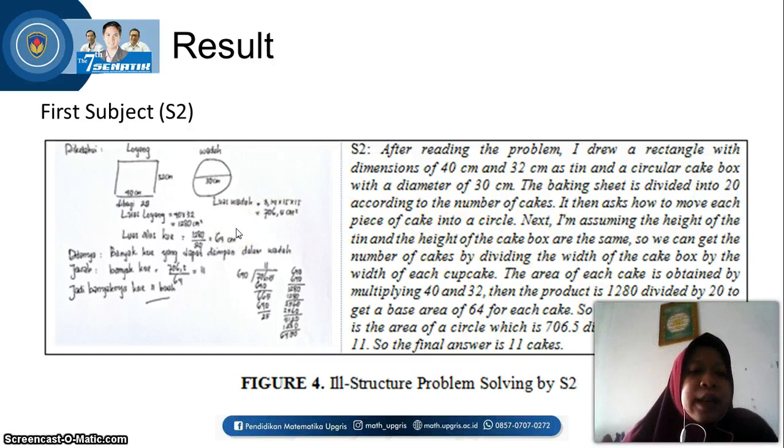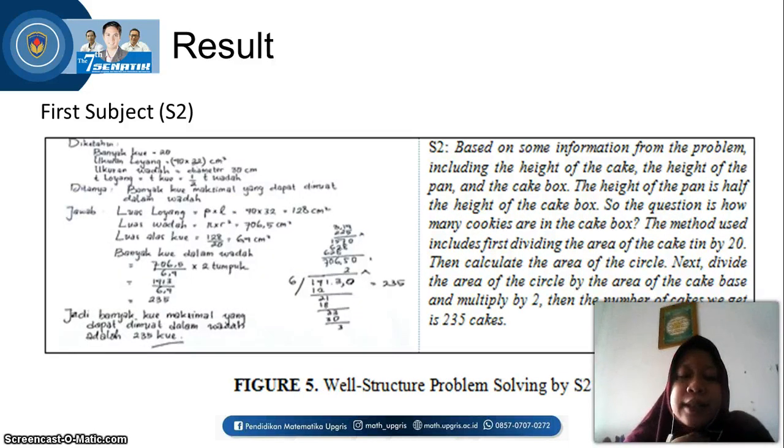In the well-structured problem solving, the second subject saw information about the problem including the height of the cake, height of the pan, and the cake box. The height of the pan is half the height of the cake box. So the question is how many cakes fit in the cake box. The method was first dividing the area of the cake box by 20, and the result is the number of cakes I get,